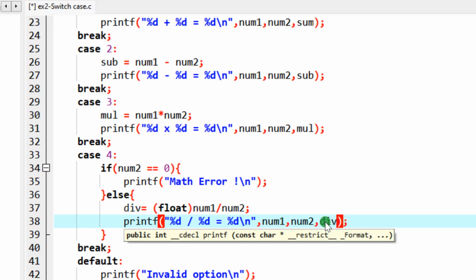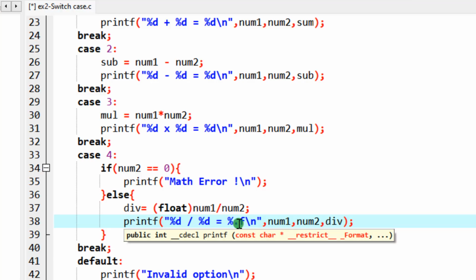Now, there's something you need to take into consideration. Div here is float, not integer. So after equals, you cannot write percentage G again here. Here you must write percentage F like this. Good. And I want my result to be in 2 decimal places. So here I'm going to put, in between percentage and F,